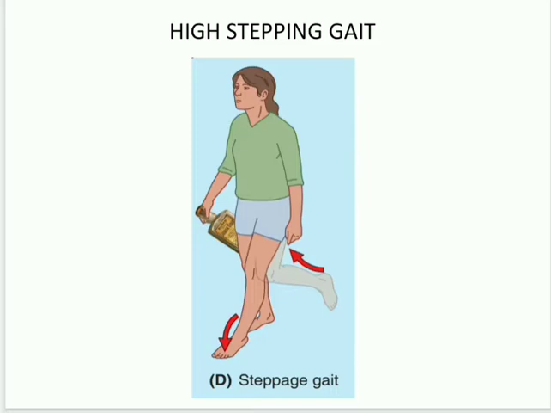the floor. It is seen in some polio and some MD, that is muscular dystrophy cases. It is called high stepping gait or foot drop gait, or sometimes the patient can also drag the foot without flexing the hip and raising it off the floor. That is dragging gait. We can also call it high stepping gait or dragging gait.